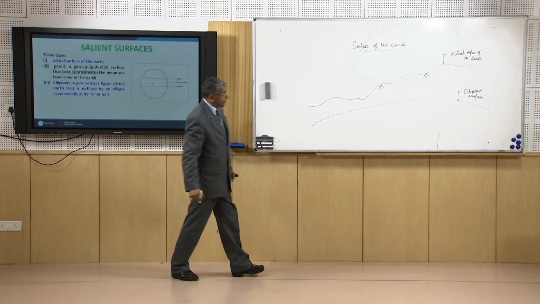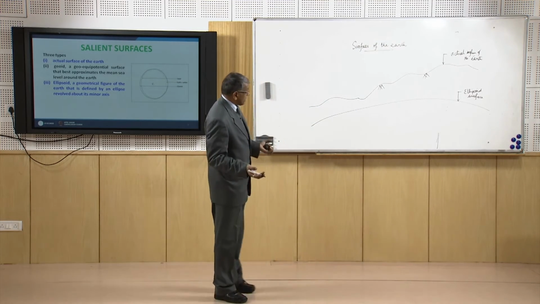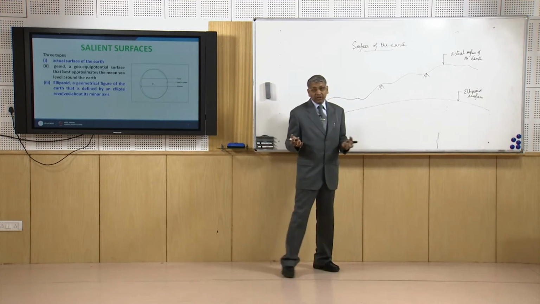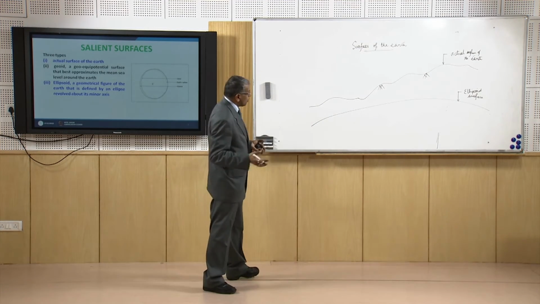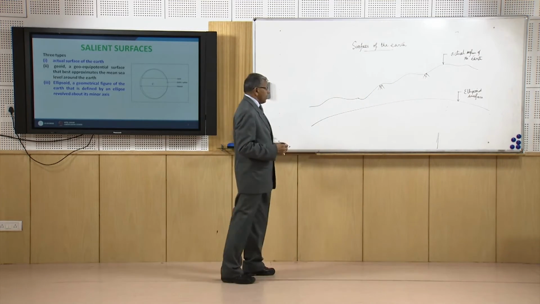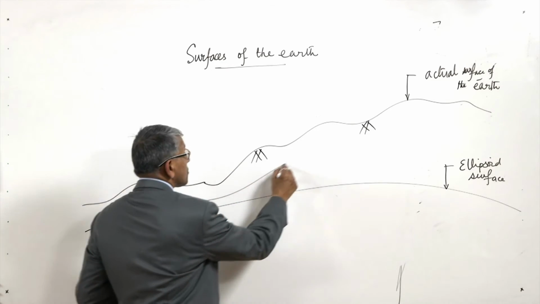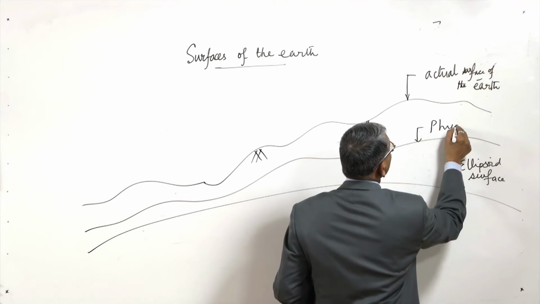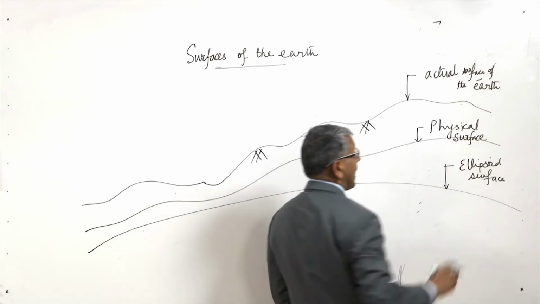Earth is defined as an ellipsoid surface mathematically, or geometrically, but it really does not represent the earth or define the activities and engineering projects that we carry on. We will not be able to do them by considering the ellipsoid surface of the earth as the reference surface. So we need another surface, which is called the geoid surface, or the physical surface of the earth.